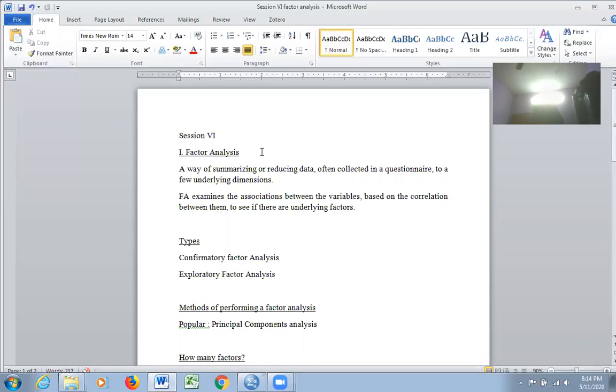Fine. See, I asked you many questions. Each and every question is a variable. For example, I asked you 15 questions. So there are 15 variables. I would like to classify, or reduce, these 15 variables into 3 or 4 groups. Each group will have a name, and each group will have a few factors which are related to one another, which are correlated to one another.